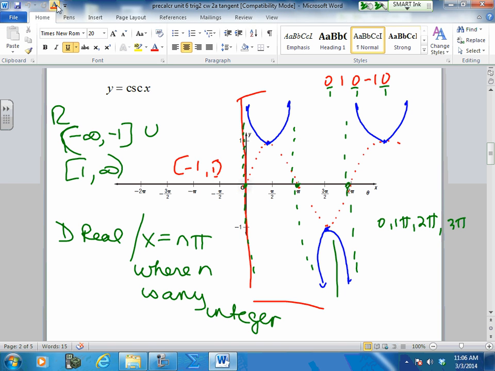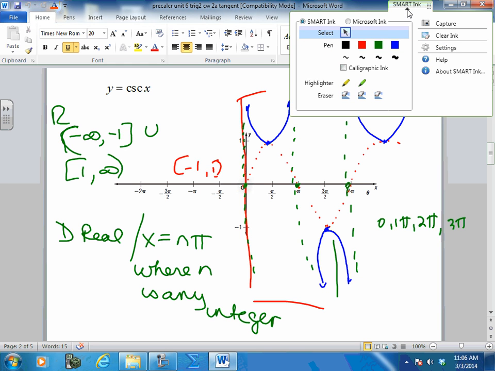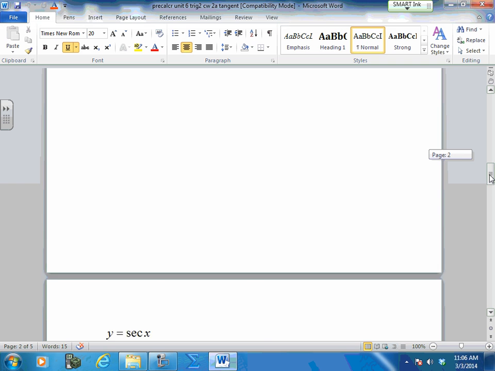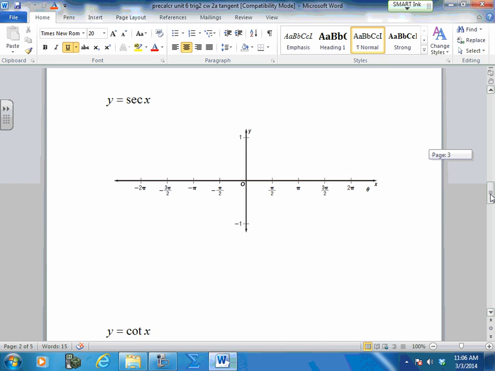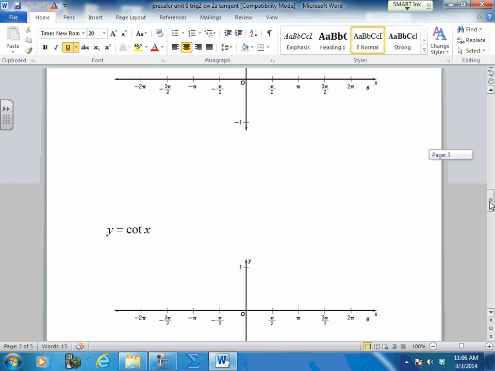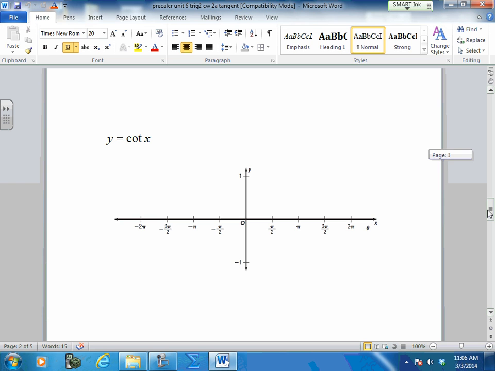So do we see how we're going with this? Yeah? Okay. Obviously you don't have a lot to do tonight, but tonight you're going to do your secant, and you're going to do your cotangent. And you're going to tell me the graph of its reciprocal, and